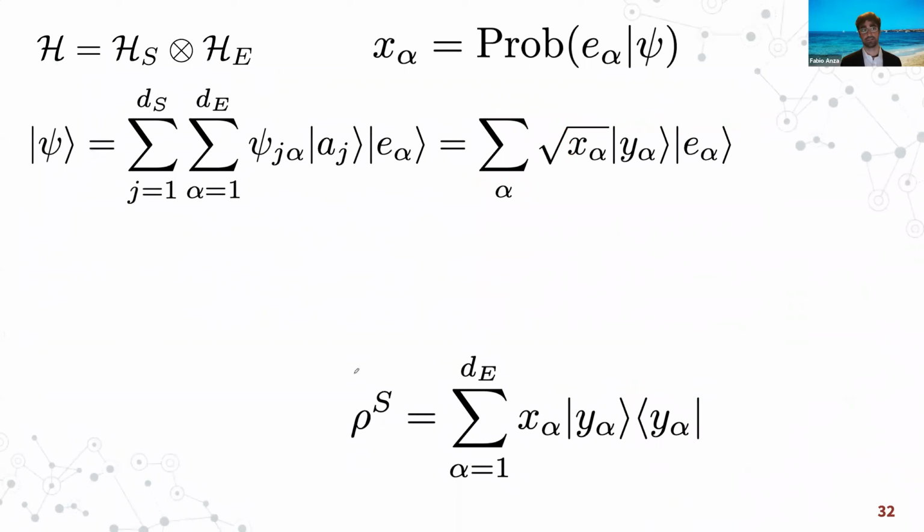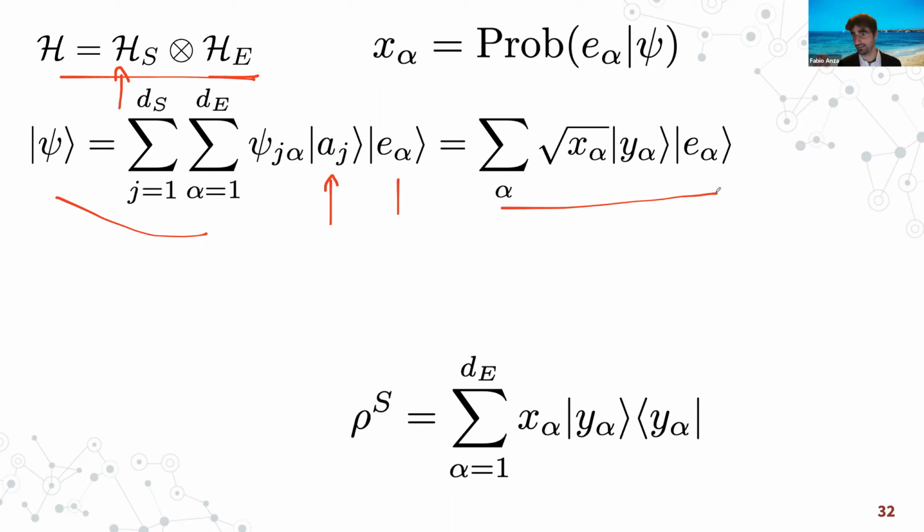So in order to answer the question, you begin with the usual setup. This is the system we're interested in, sometimes called the system under study. You add an environment, and you fix two bases for your system and your environment, and you write your globally pure state as a general state. Now you can prove that you can always write this psi in the following way, as essentially a sum